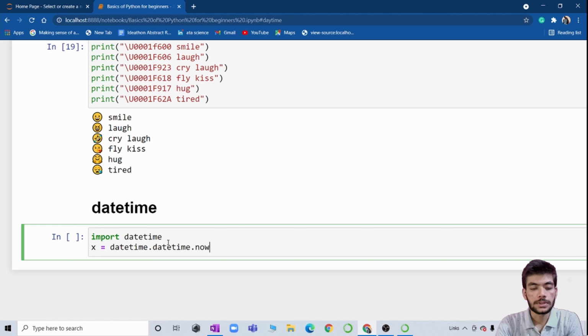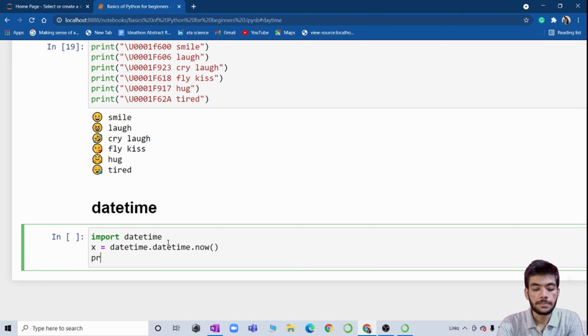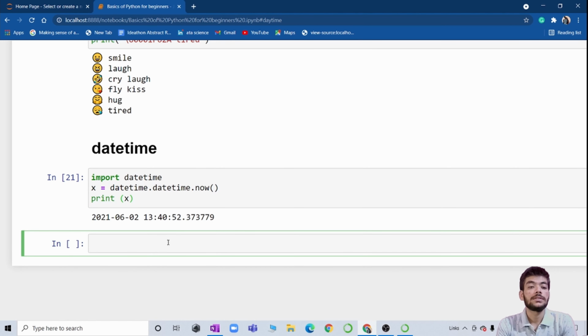If I want to see the current datetime now, I will just hit the command print x. So here you can see the current time, that is 2021 year, 6th month, 2nd day. Now current time is 13:40. So this is how you can print the datetime.